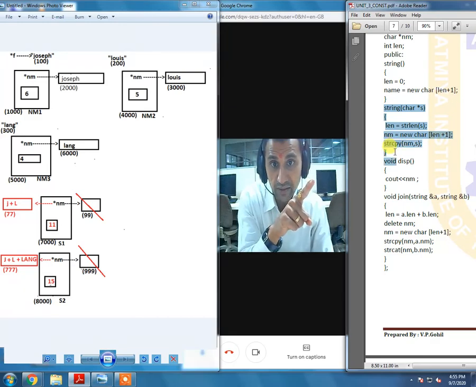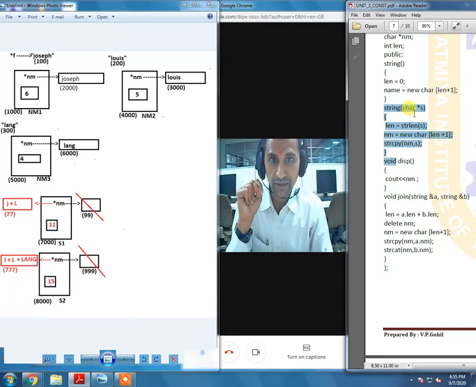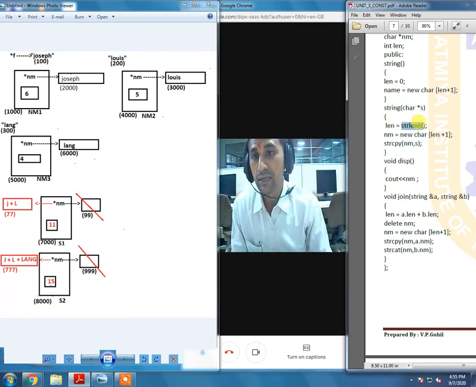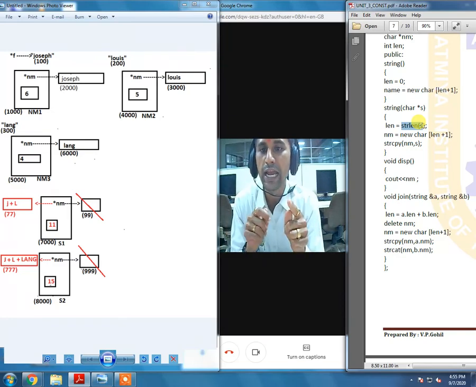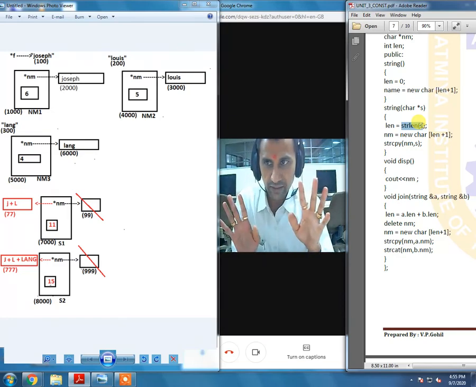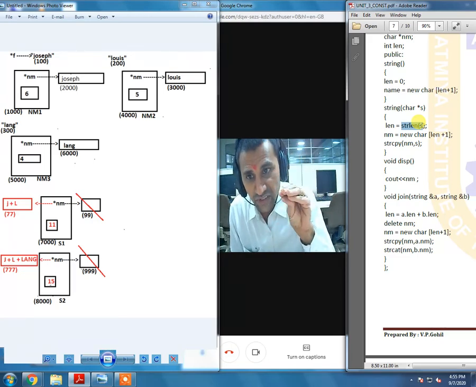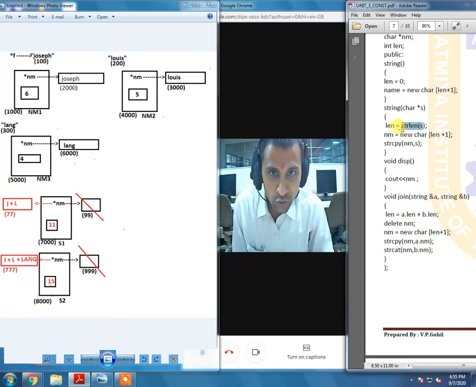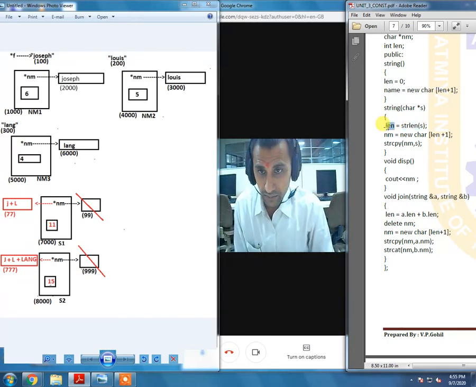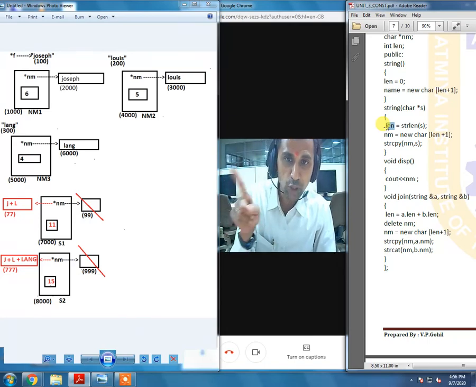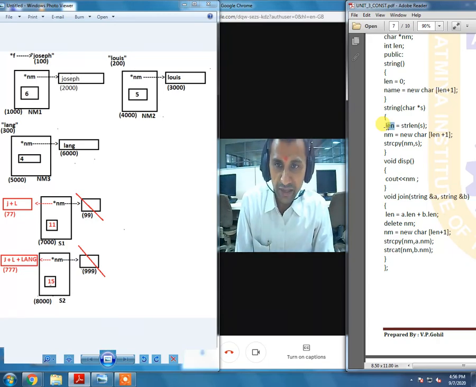That means the pointer star s will be pointing at the address 200, and the same practice is going to take place. That means we are supposed to find the length of the string which is being stored at location 200. Is it clear? So what is the content of address 200? That is Louis. So that is a string of length 5. So 5 is getting stored in length. You must be wondering where exactly. The name2 object, because the name2 object has made a call to this constructor. So the length variable of the name2 object, that's exactly where we are supposed to store 5.